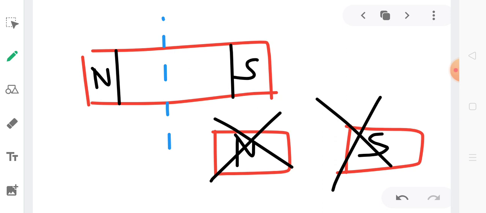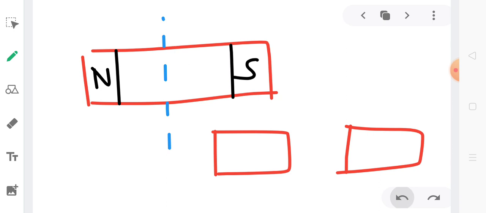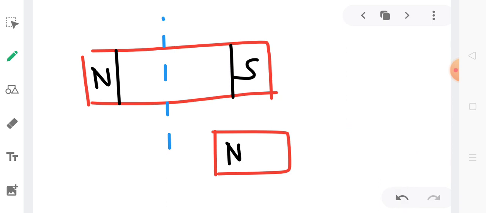You can never think of isolated poles. The two poles of a magnet cannot be separated by any means. If a given bar magnet is split into two parts, each part behaves as a complete magnet having north as well as south poles. So even if you break up the magnet into two parts, the magnet will still have a north pole and a south pole. It will be smaller in size, but still it will show two polarities at the ends.